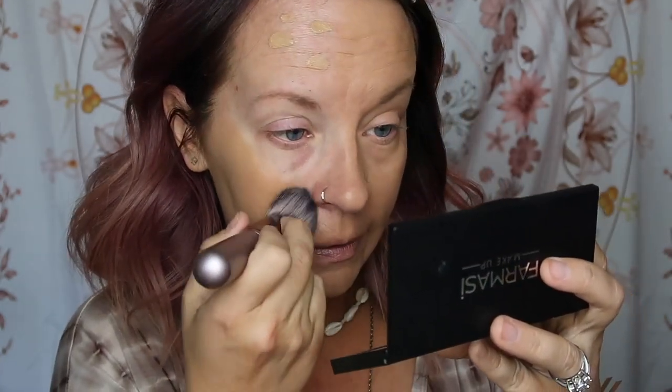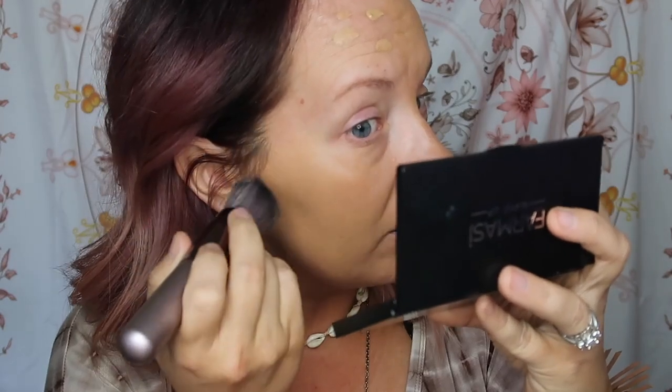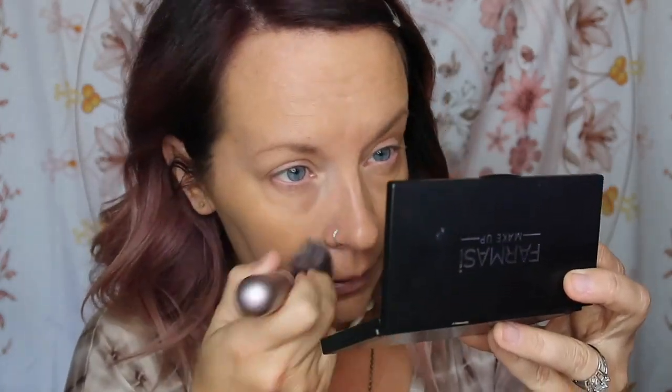All right. Okay, so now I'm gonna go in with this brush. Oh wow. So I was a little concerned that this brush was going to be a little bit too flimsy and not get me the kind of coverage that I usually like with Kabuki brushes, but it's good, guys. It's really good. Let me get my forehead here. Once again, very, very soft. It definitely does feel different than my Kabuki brush that I was using prior, but it's still giving me the coverage